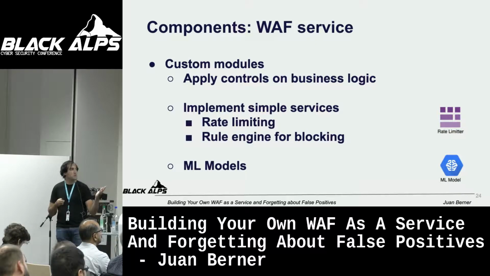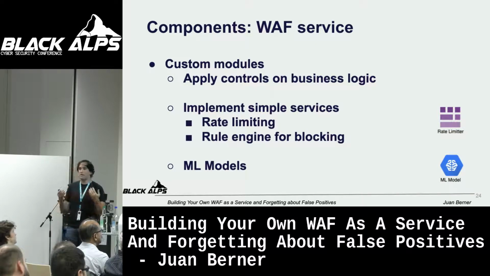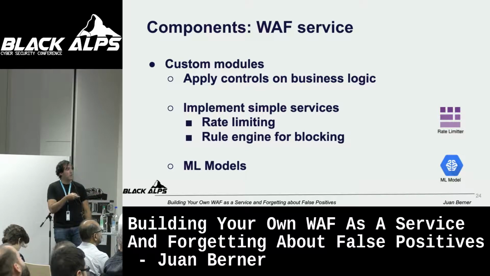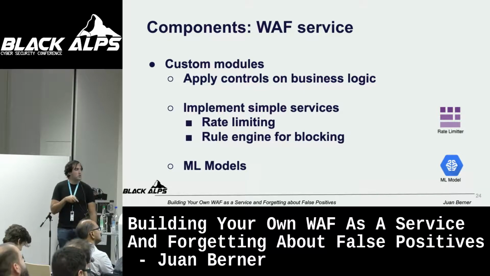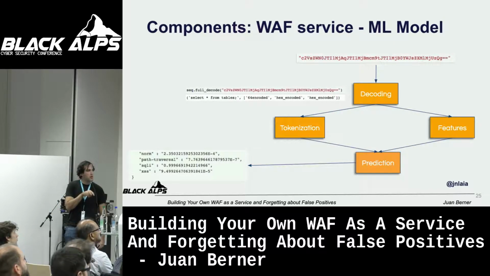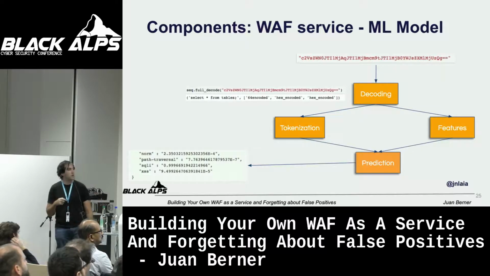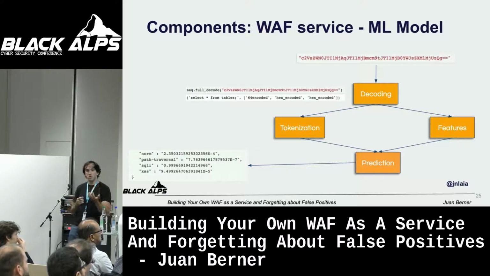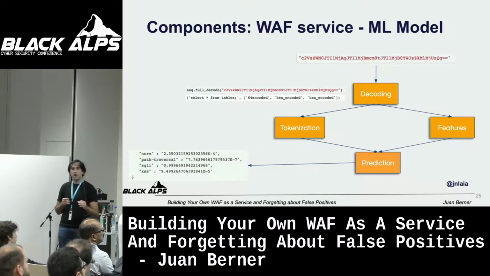And custom modules. So here's where you can actually start expanding the WAF service by adding things like, in this case, I added a rate limiting and rule engine plugin from the public code in GitHub. But you can do much more, like business logic related to your application yourself, or machine learning models. In this one in particular, I'm actually borrowing this from Joao Olaya, who is a data scientist who works with one of my teams. And we had the situation of the WAF service using mod security for most of the predictions. But when using one of the settings of mod security, which is called Paranoia 2, we are finding a